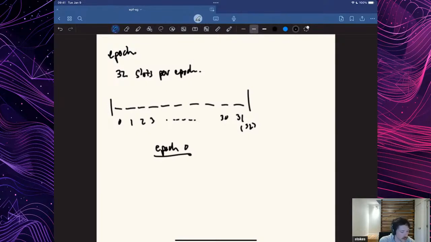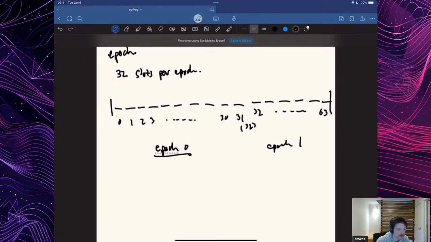The way you should think about this is, again, it keeps going just based on time. You're now in epoch 1 here, and there's more slots. So this is now slot 32, all the way up to the next multiple, so you'd end up at slot 63. You then go to epoch 2, slot 64. Hopefully that's clear. One thing you're going to do, for example, is if anyone's trying to enter or exit the validator set, you're going to do that at this epoch boundary where you do all this heavier processing.